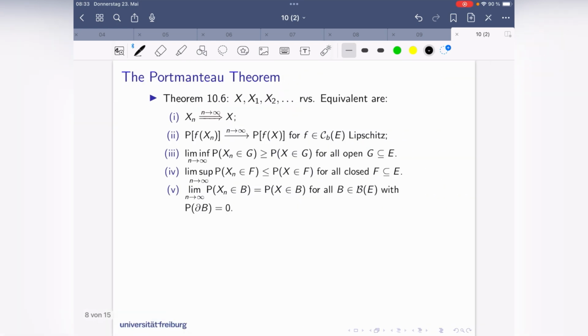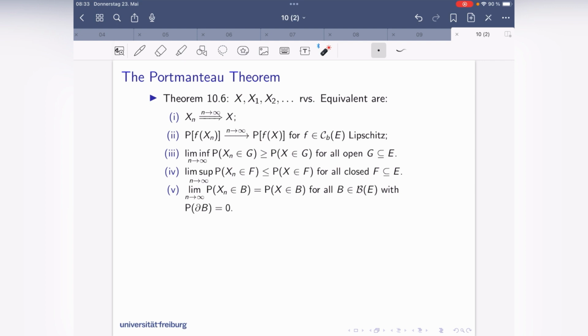Let's come to one very large result. This is the so-called portmanteau theorem. There are equivalent formulations for weak convergence. So first, as you know, x_n goes to x. That means that integrals converge for all bounded and continuous functions, but it's equivalent, as it states here, if I restrict myself to bounded and continuous Lipschitz functions. There are 3 more things which are the same.